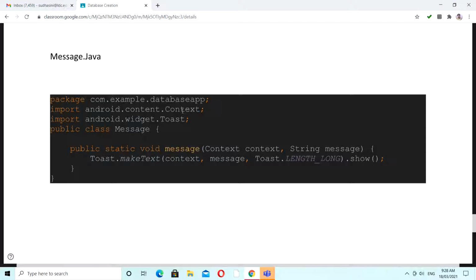Okay, so this is the main use of this context: it is going to give you the complete representation of the present situation of a particular activity. And then toast is nothing but, as we already know, what we use for displaying purposes. It is going to display for some time, without occupying any other places within your environment, especially as we are using this for Android app mobile applications.